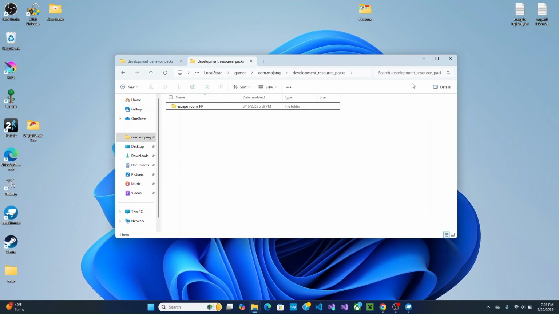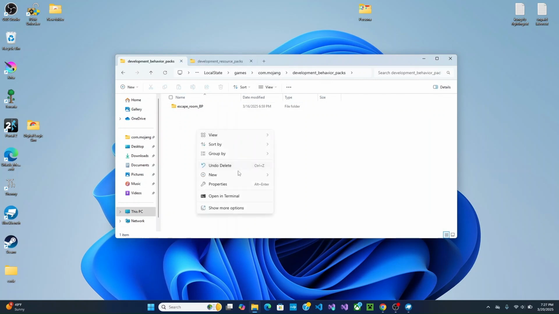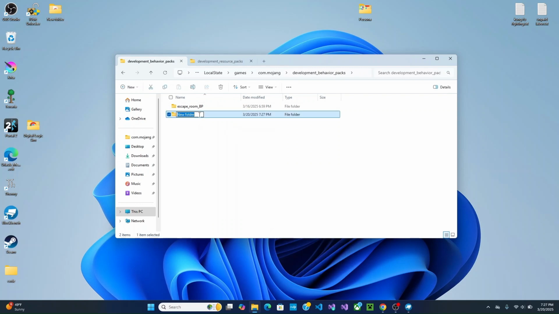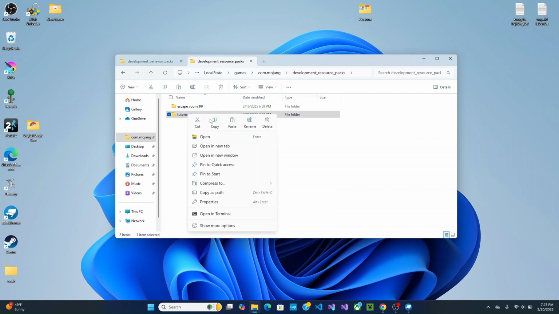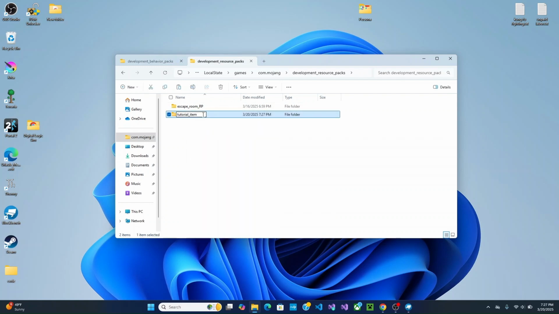Here we are going to com.mojang in files and creating a behavior pack. And we're going to name it tutorial underscore item. I'm going to copy that folder and put it in development resource packs for the same com.mojang folder between the two. And I'm going to add BP and RP at the end of them so that I can